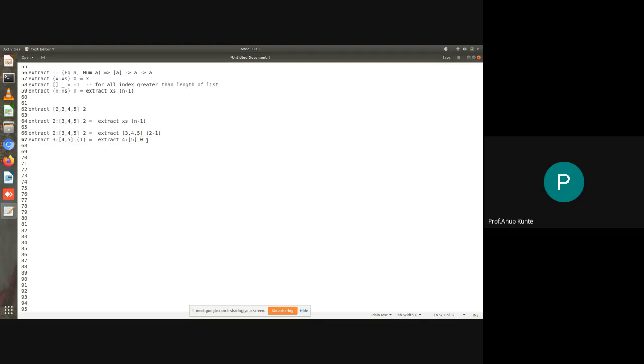So the definition will be, we will be returning 4 as our output. And this 4 is nothing but the element with index 2 in the given list. Sorry for my mistake.